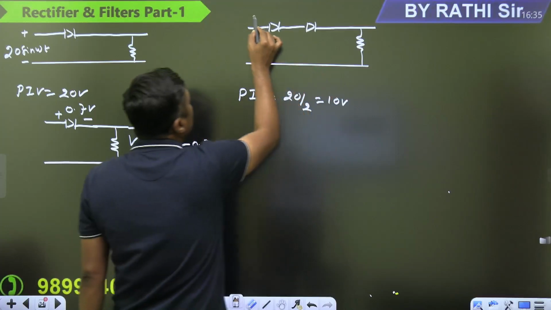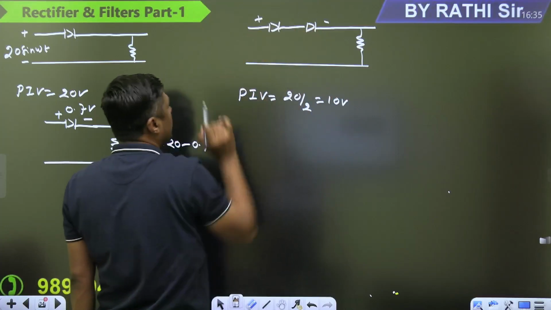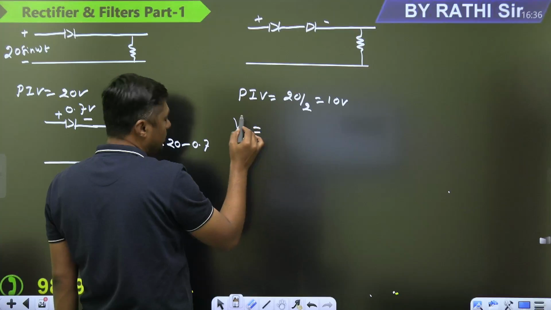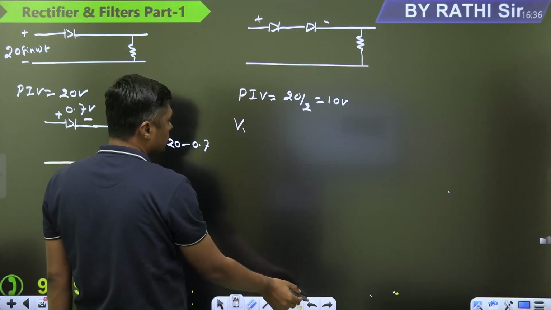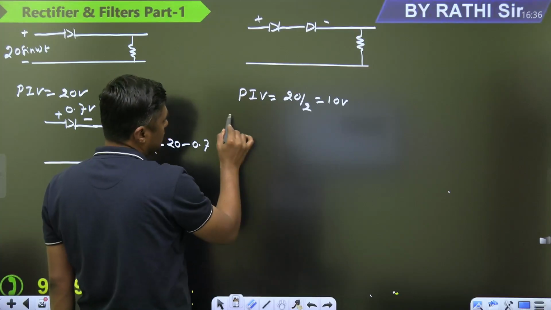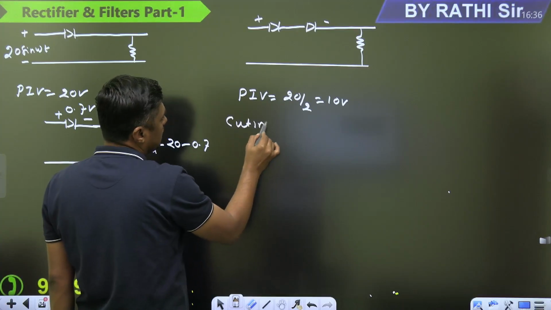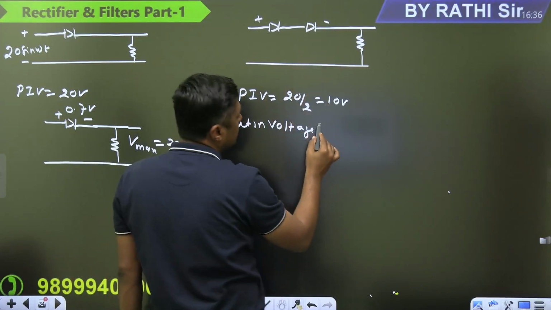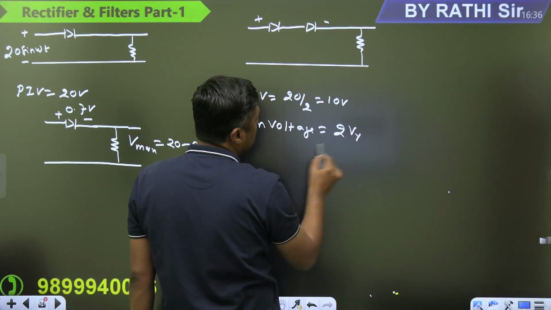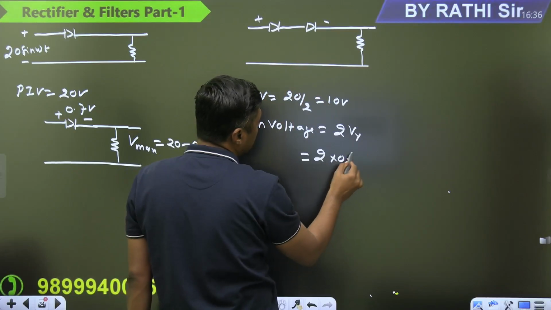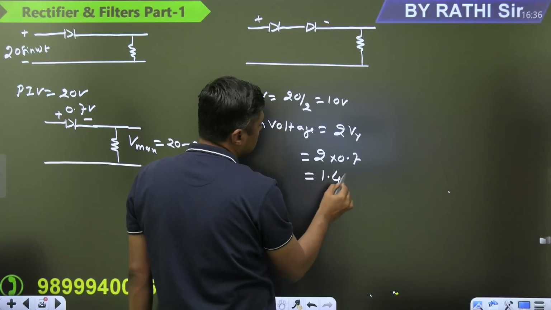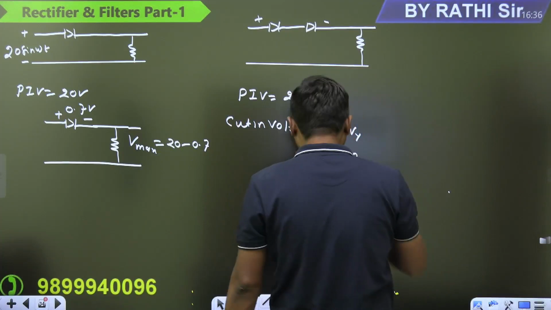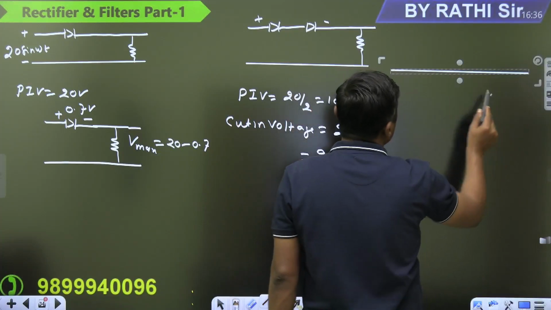But what is the cut-in voltage required when it is forward biased? It will become 2 times the cut-in voltage of the single diode. Cut-in voltage, meaning the minimum voltage required just for conduction, will become 2 times V gamma. For example, 2 into 0.7, it will become 1.4 volt. It increases. For example, if you are connecting 4 diodes in series,